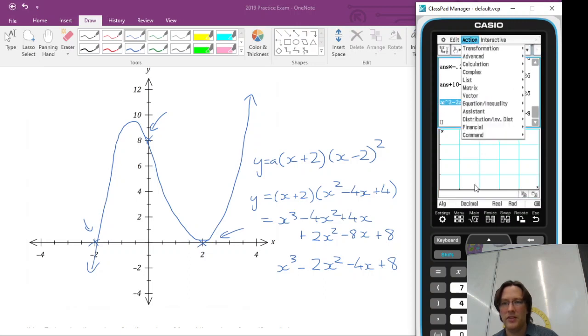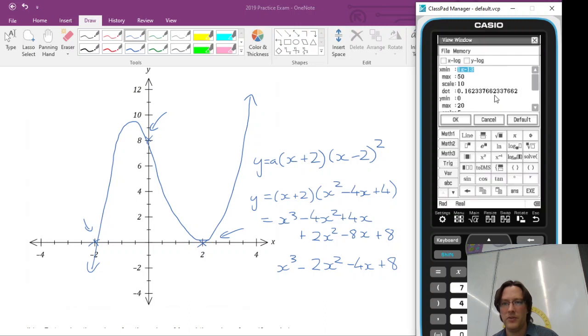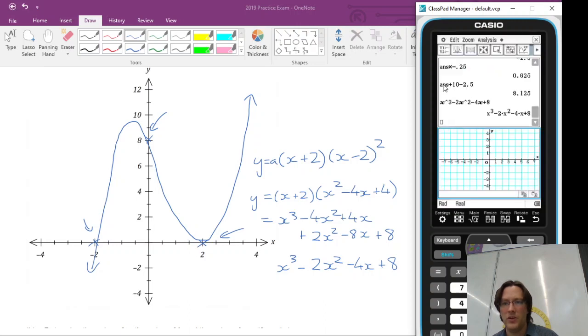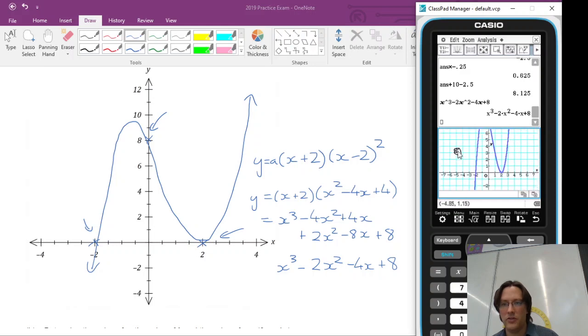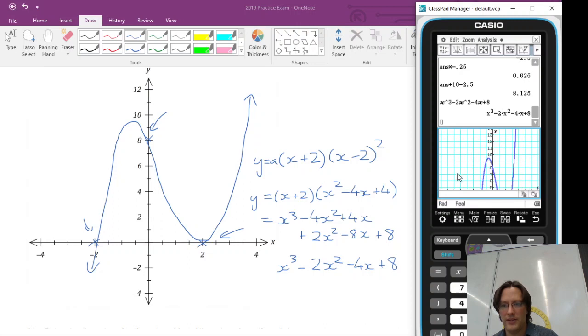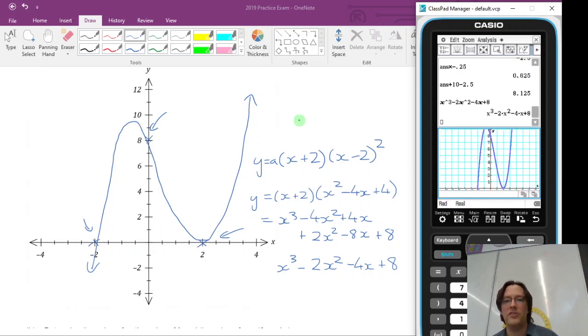Just a second, I'll put this back to default. There we go. So let's throw that in there, see what we get. And yeah, looks good. Passes through -2 and 2 and passes through 8 as well. So it looks like our sketch is pretty accurate as well. And I've just remembered,